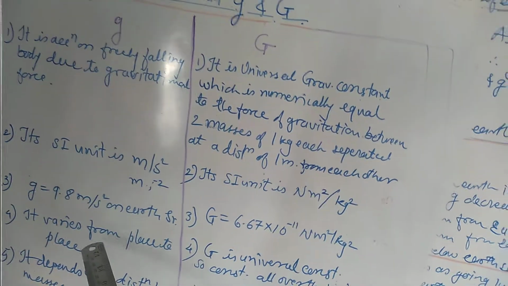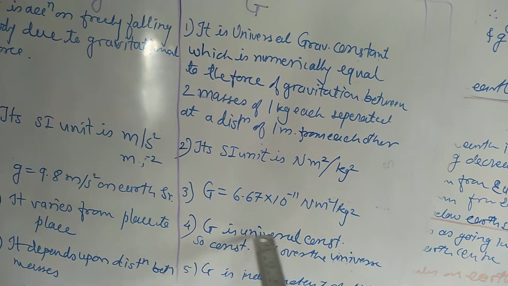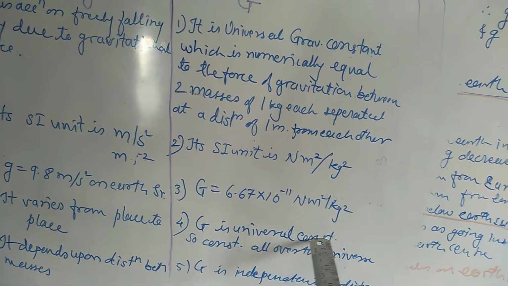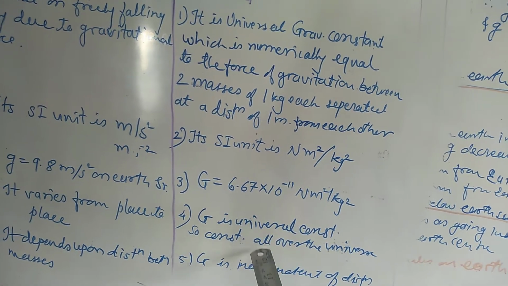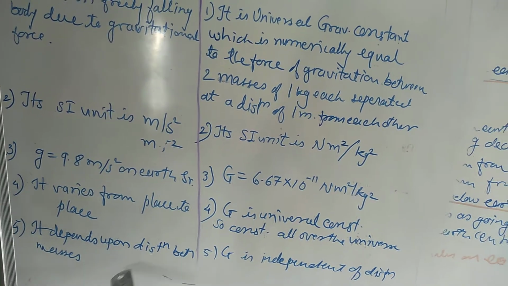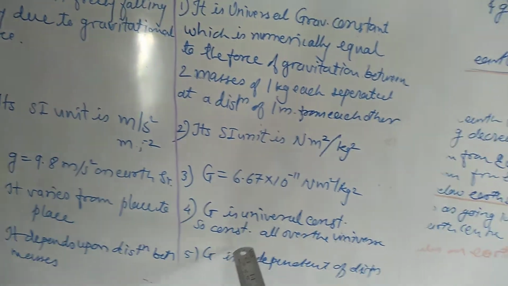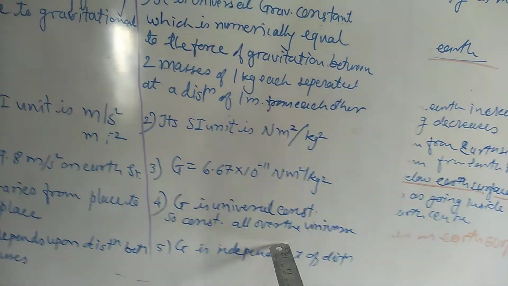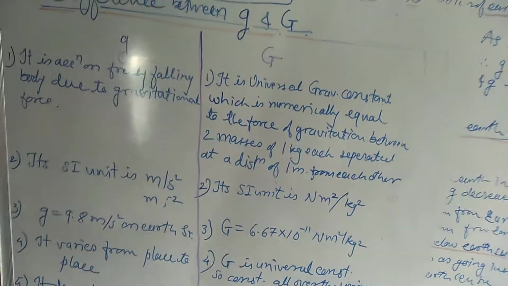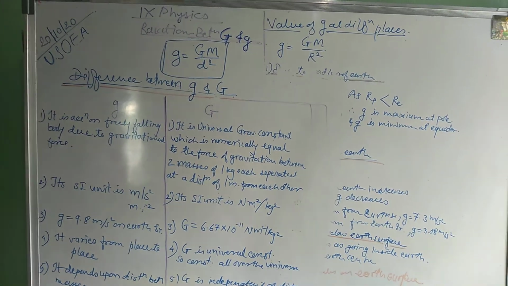So g varies from place to place, but capital G is the universal constant. As the name suggests, it is constant all over the universe. Small g depends on the distance between the masses, which we can see in this relation, but capital G is independent of any distances. So these are the different points we have seen for the capital